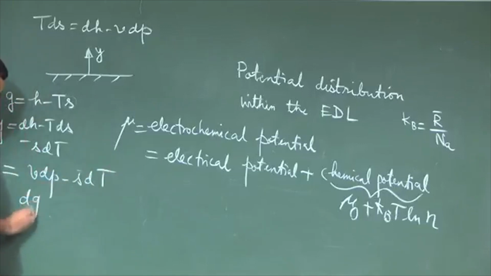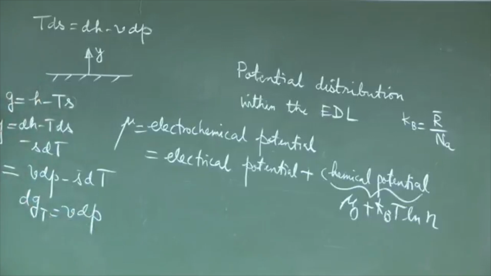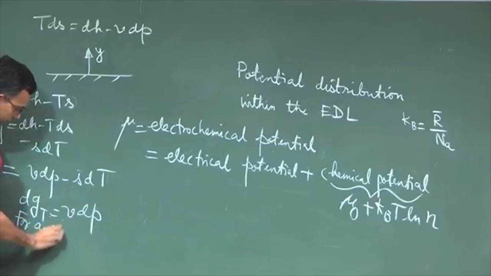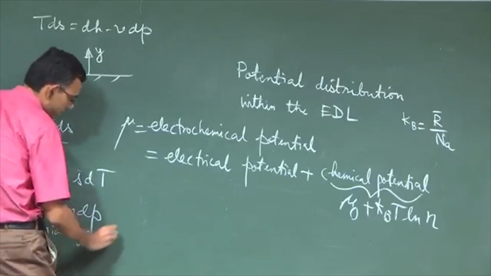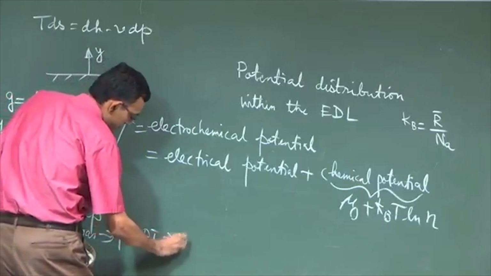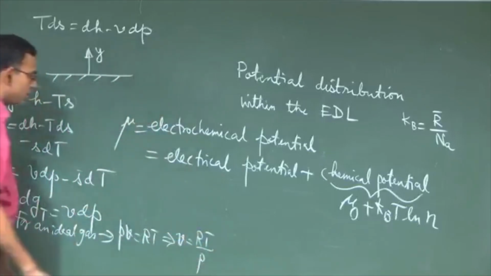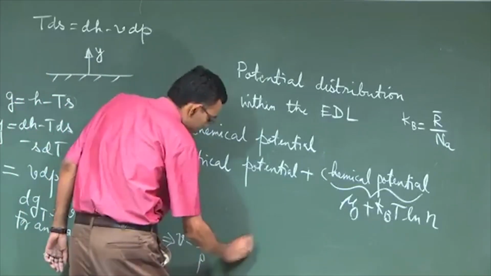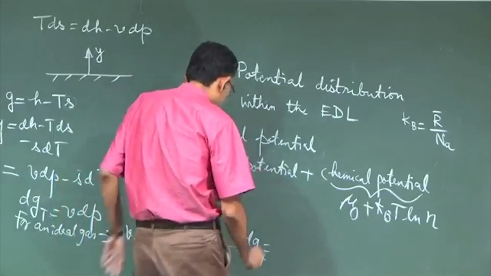So, dG at constant temperature is VdP. For an ideal gas, PV equals RT. So, dG at constant temperature is